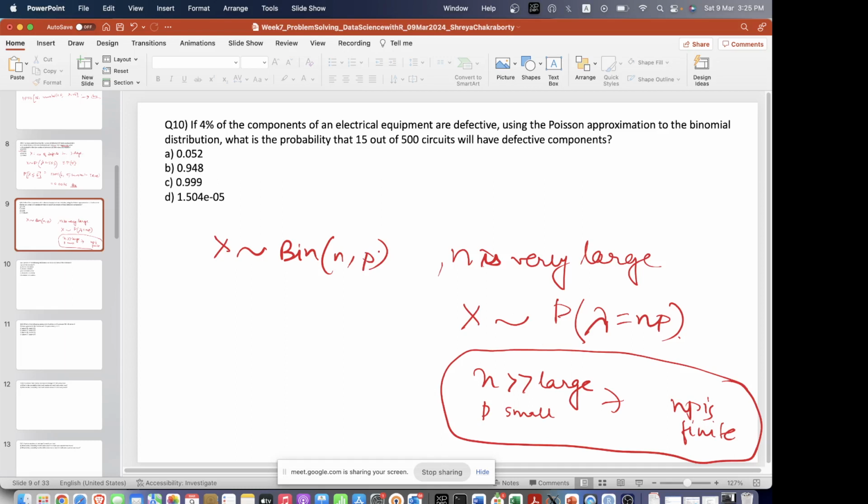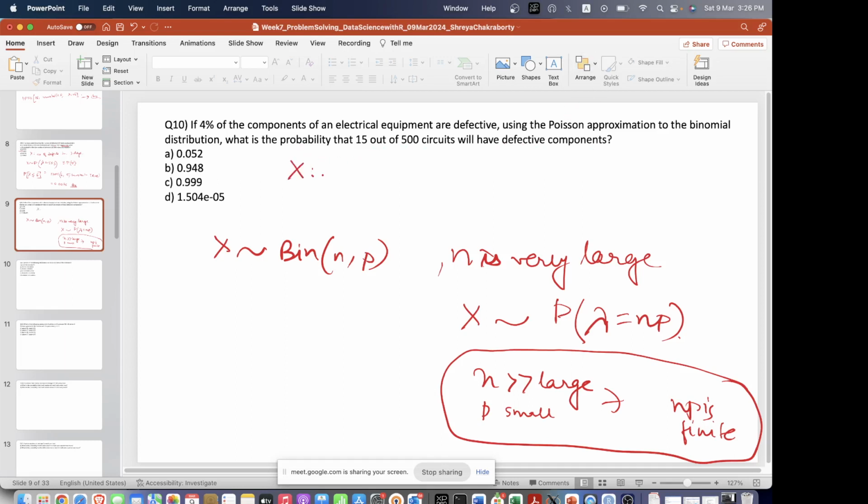Now what is the question? 4% of the components of an electrical equipment are defective. Using the Poisson approximation, what is the probability that 15 out of 500 circuits will have defective components? So